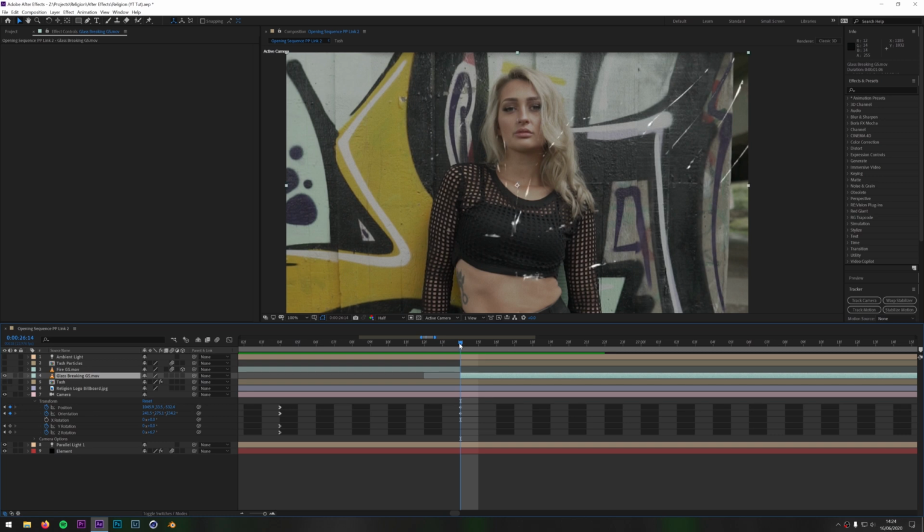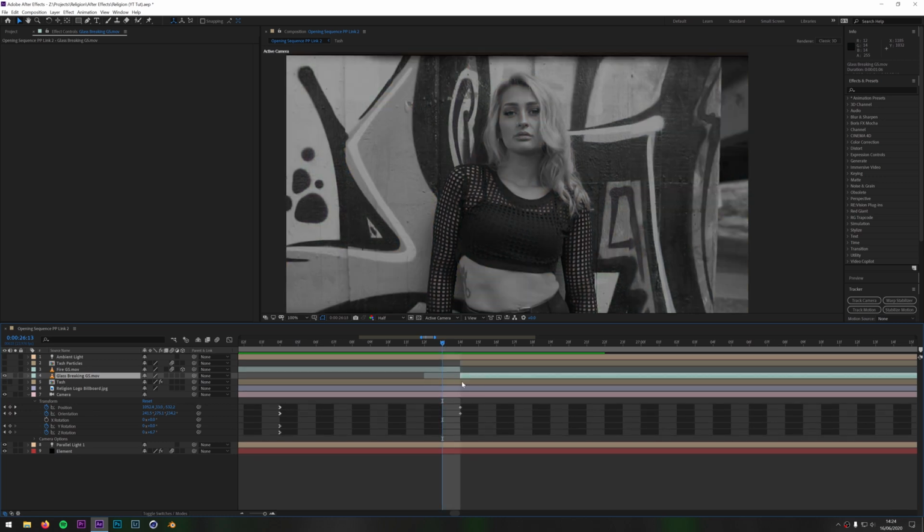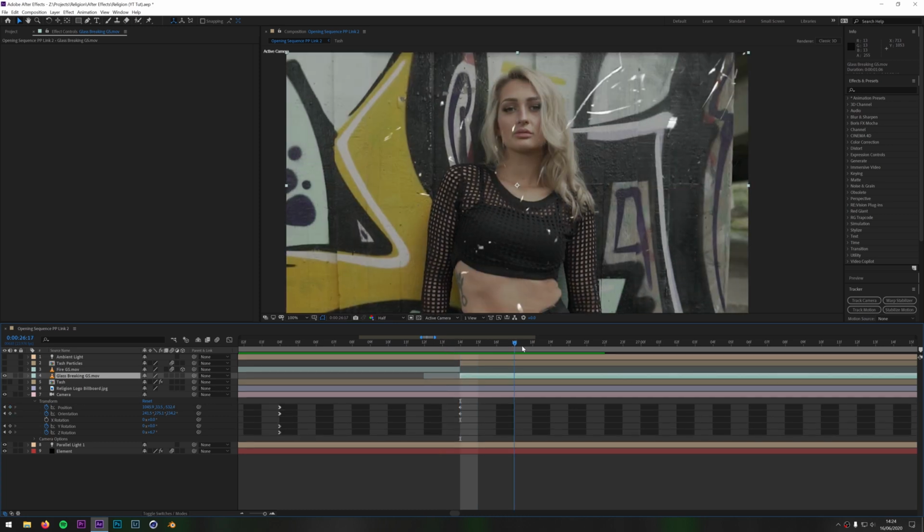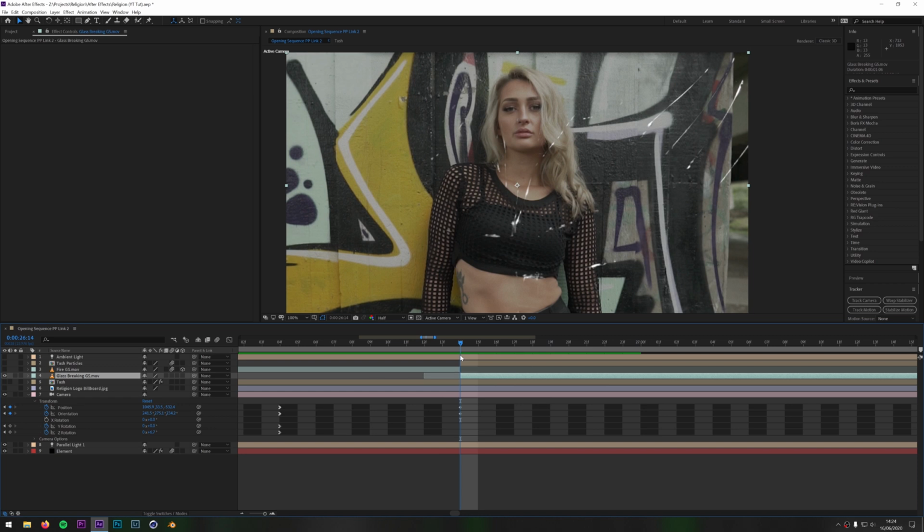So if I switch it on, I've cut it here so it starts there. So as that goes to color, you can see the glass has started to smash there, and then it carries on to there. Yeah, and that's that layer really. I mean, it's not something you have to add, it's just something I chose to do at the time.